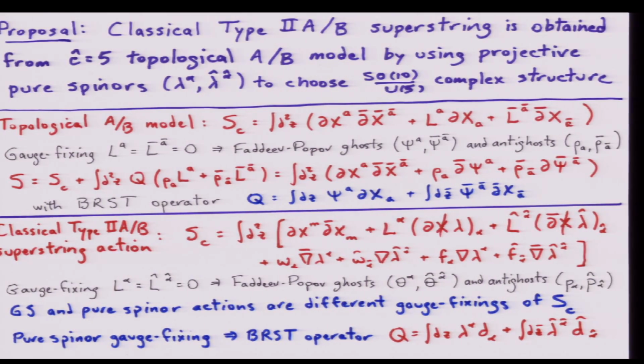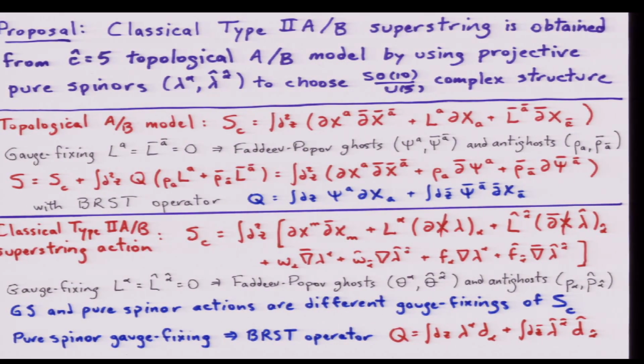And the way that happens is you choose, instead of choosing dxa to be your constraint, now you choose a constraint which is 10-dimensionally covariant using the pure spinor. And L alpha is now, instead of LA, so alpha is now 1 to 16, the Lagrange multipliers whose gauge fixing will give rise to the thetas. In addition, of course, you have to introduce a sector depending on the lambda variables, which are going to choose the directions.